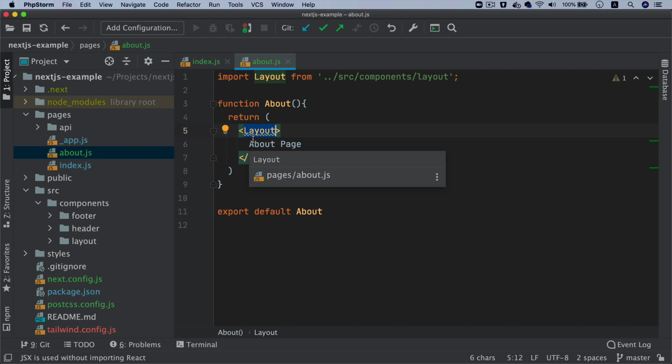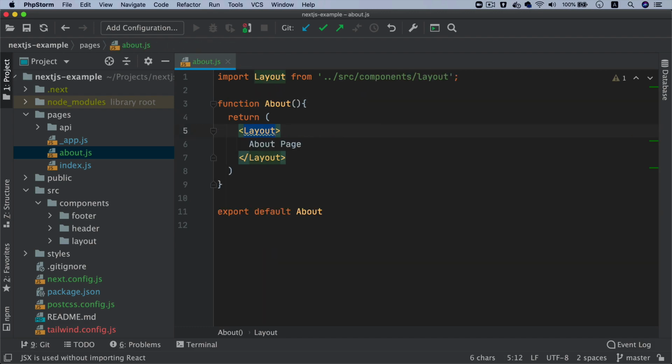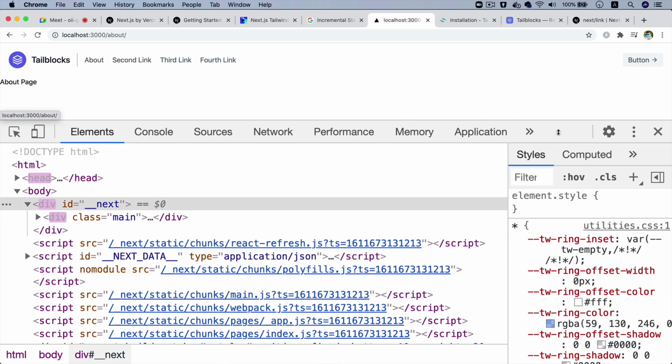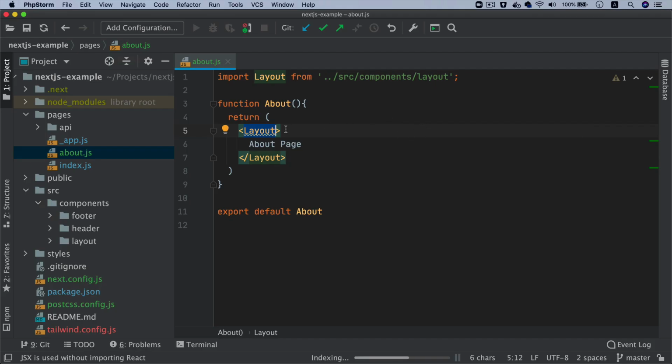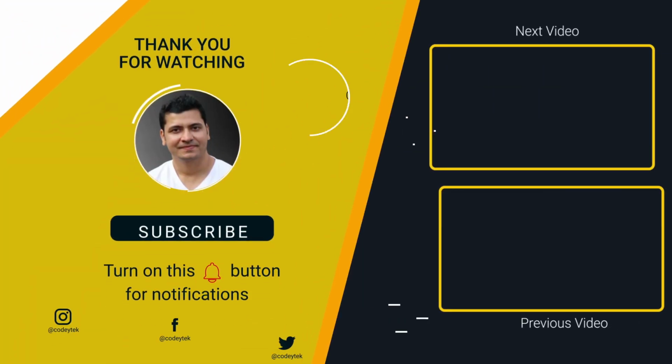What does it do? I have already explained. It's basically whatever you're going to put inside of the layout is going to render that and also pass the content of this as children to that and render it dynamically. So it can be different for different pages. Now we do have an option to go to the about now, as you can see, and on about, because we use layout, now we have the header and footer available as well.